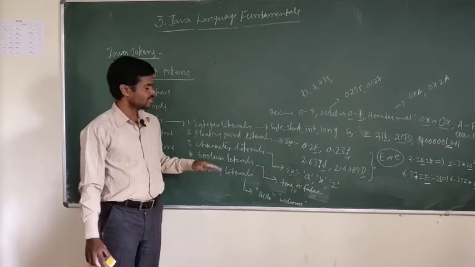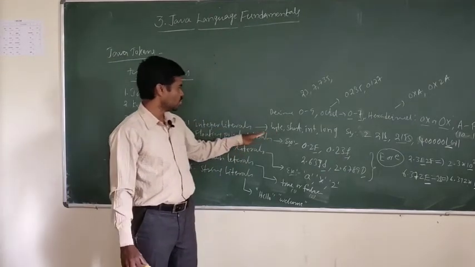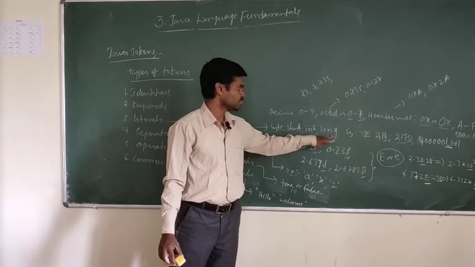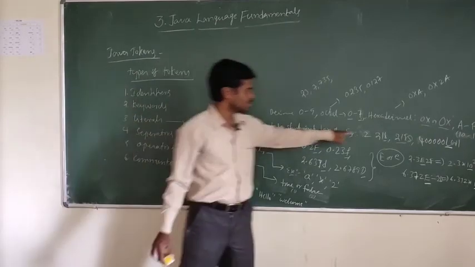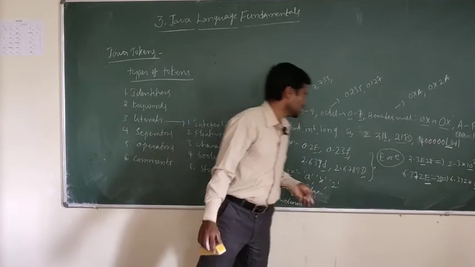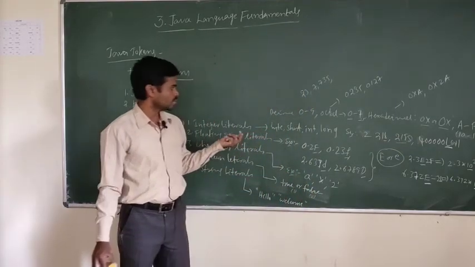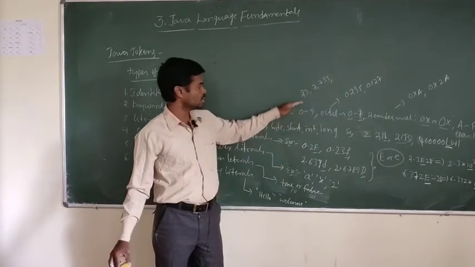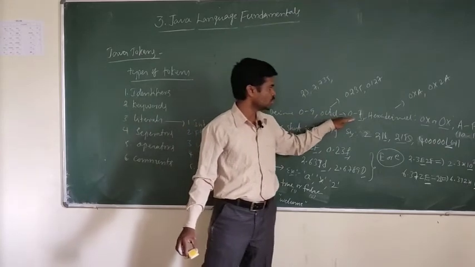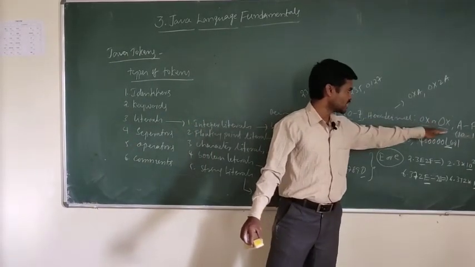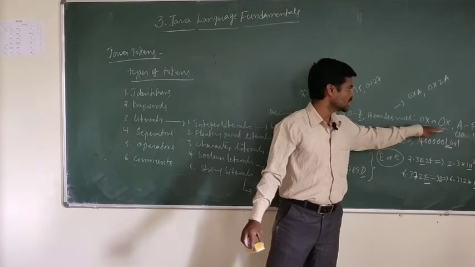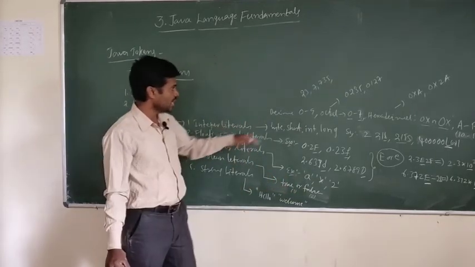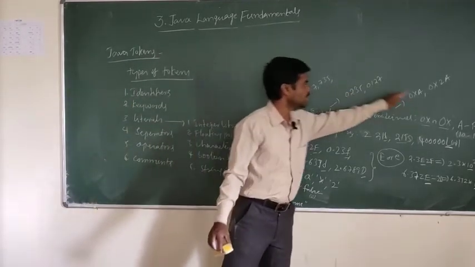Integer literals can be defined by using the 4 primitive data types: byte, short, int, long. These values can also be defined with the suffixes b, s, and l. And these integer literals can also be defined in different formats: decimal, octal, and hexadecimal. Decimal numbers contain 0 to 9, octal numbers contain 0 to 7, and hexadecimals start with 0x along with the letters A to F, that is 10 to 15. I gave examples for decimal, octal, and hexadecimal.